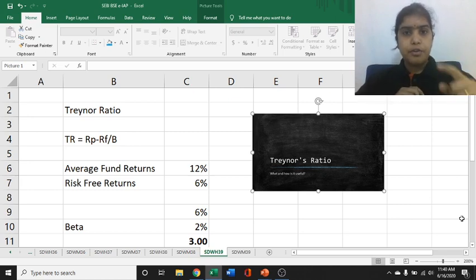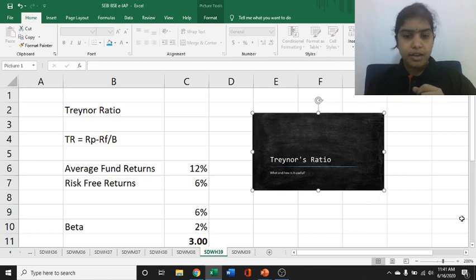If the portfolio beta is 1 and the benchmark is giving a return of 10%, then your portfolio will also deliver a return of 10%. For a 10% negative return of the benchmark, your portfolio will also give a negative return of 10% only. If beta is 2, then for a 5% increment in the benchmark, your portfolio will give 10% return. For a 5% decrease in the return of the benchmark, your portfolio will get reduced by 10%. So this is how beta works.